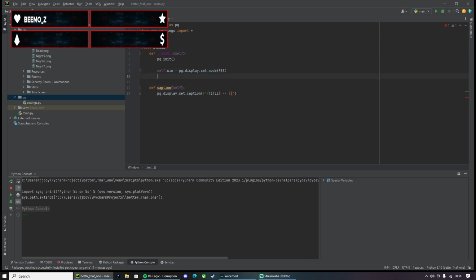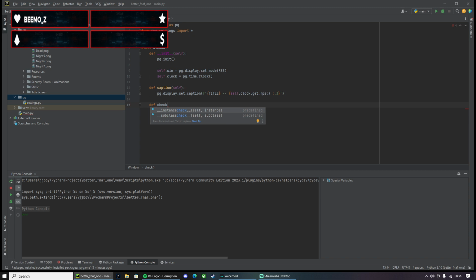Actually, it's so dumb. Pygame dot time dot Clock, because it's a class, we need brackets. Self dot clock dot get FPS, and I think it's colon dot 3.